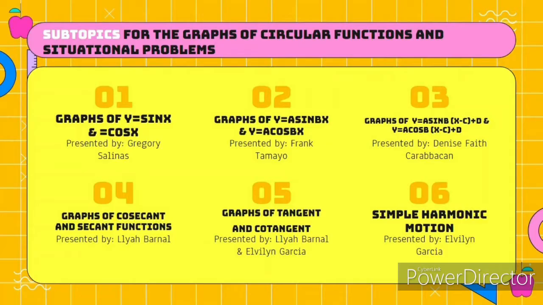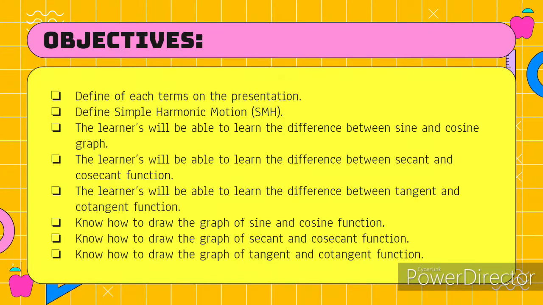This video will discuss the 6 subtopics for the graphs of circular functions and situational problems. The objectives for this video lesson are: define each of the terms on the presentation, define simple harmonic motion, the learners will be able to learn the difference between sine and cosine graph,